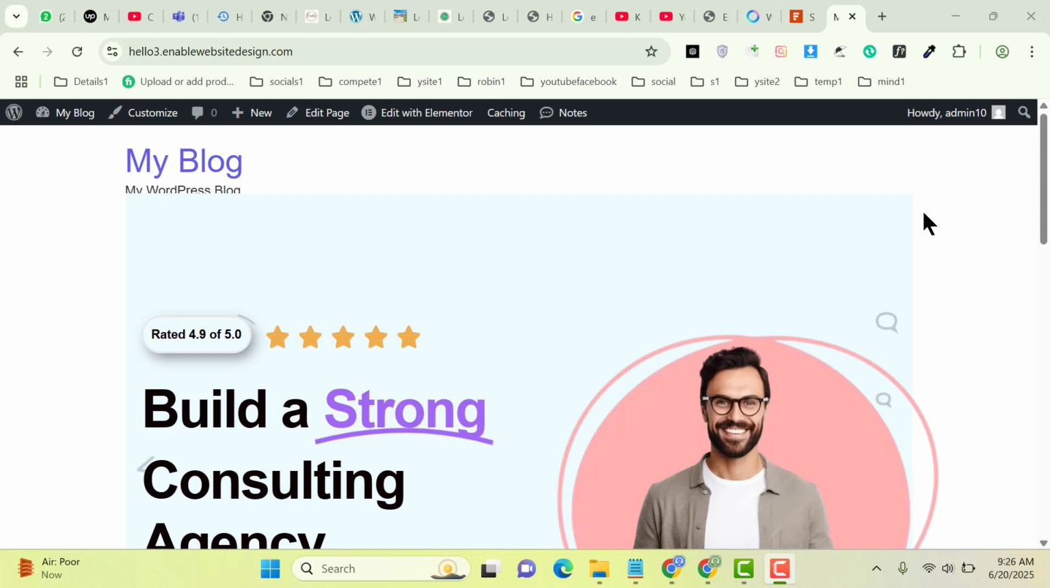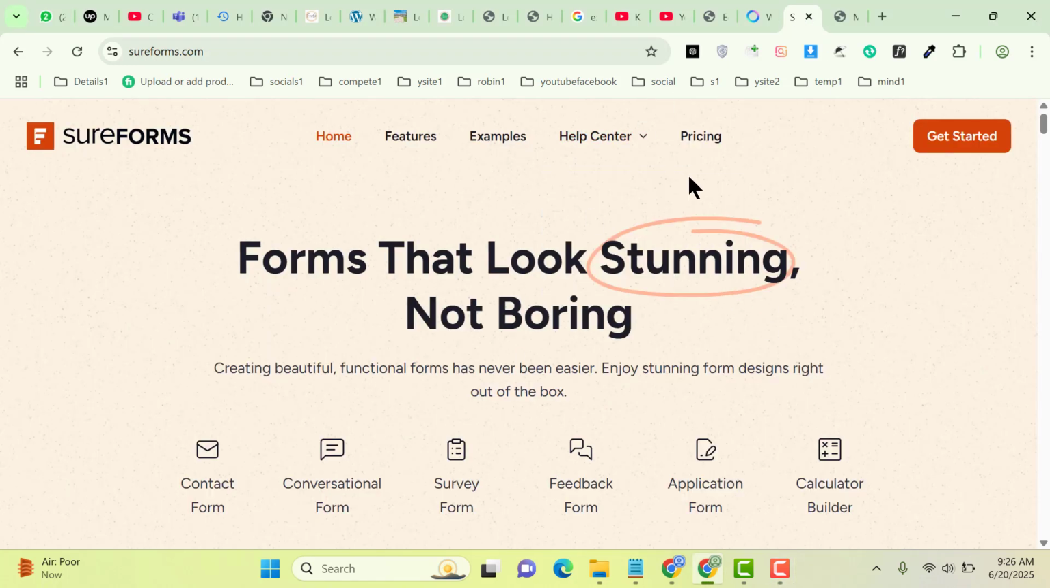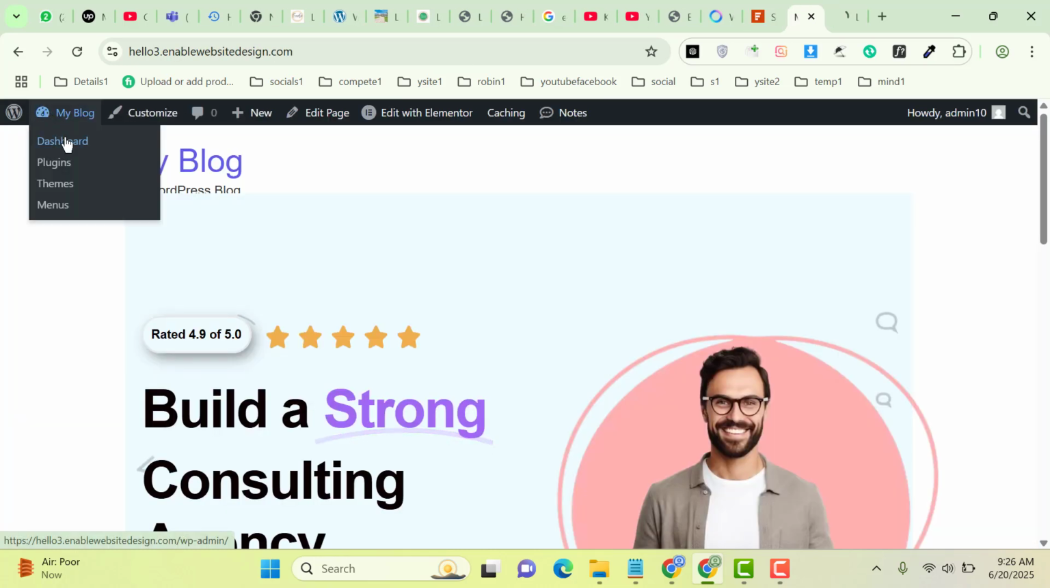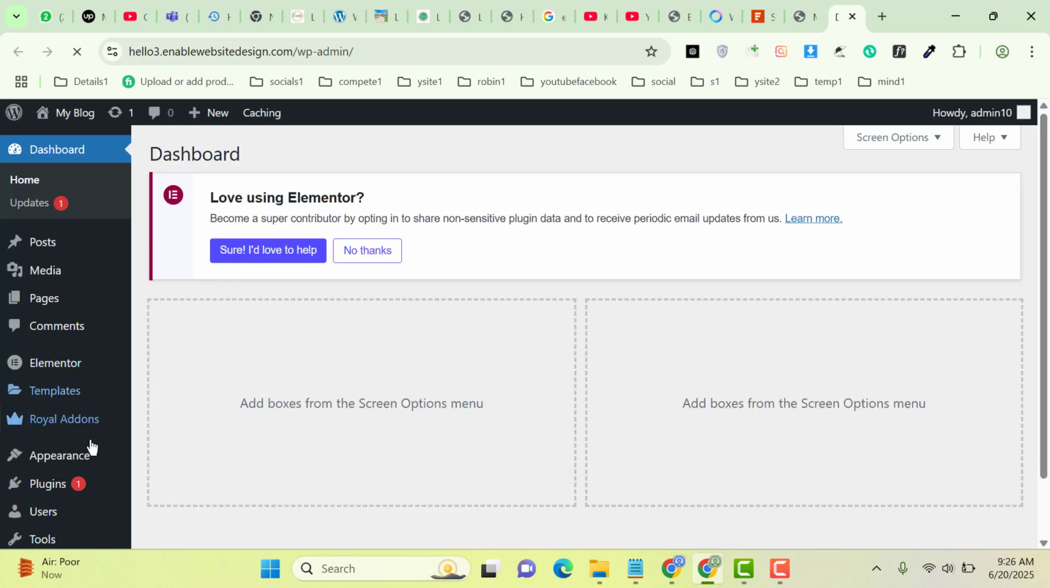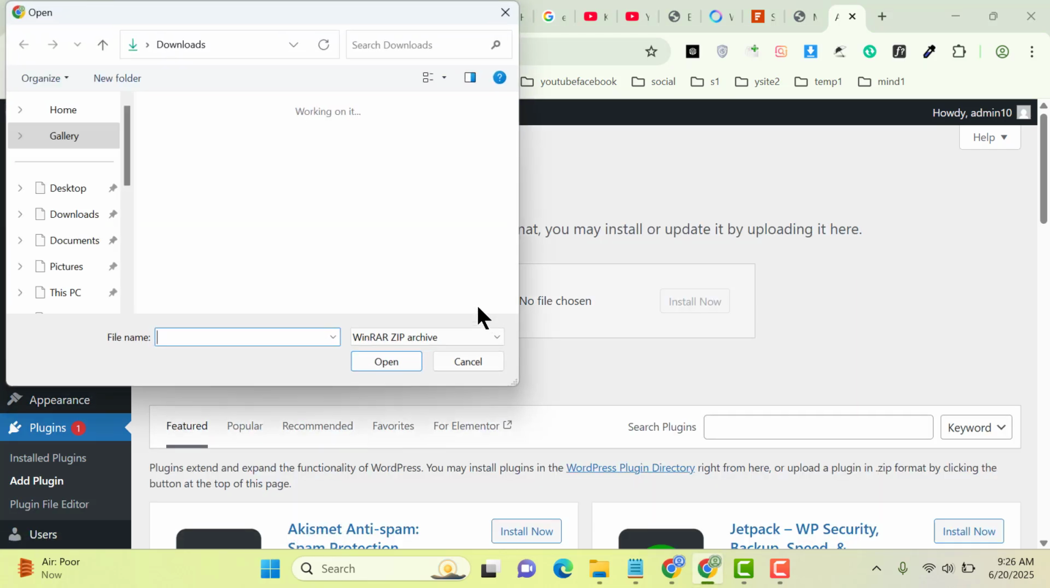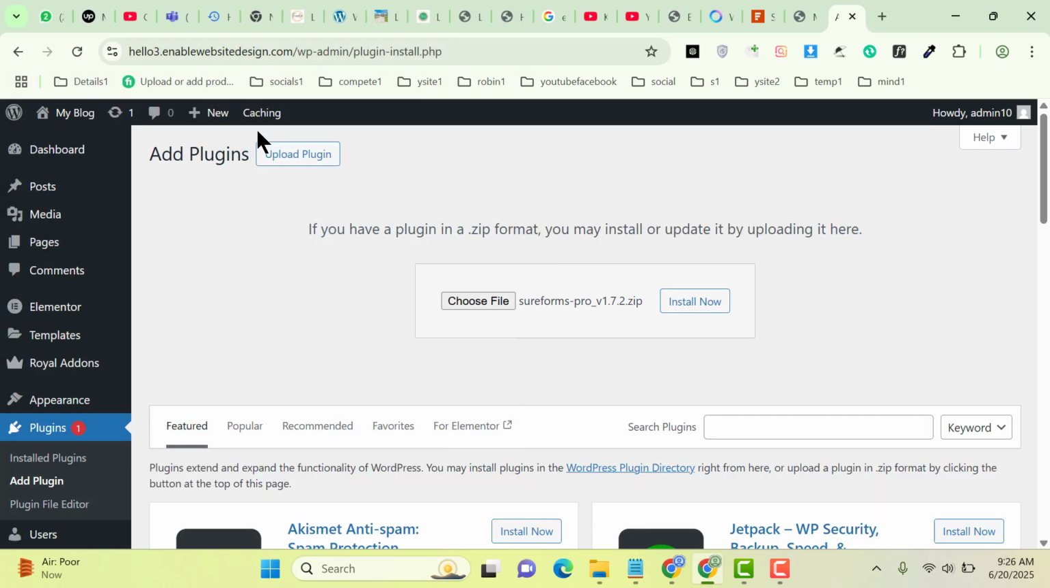In this video we are going to discuss how you can create a contact form using SureForms. So this one is the plugin that we are going to use. Now let's go in dashboard and simply you need to go in plugin sections and install a new plugin. So you can go here and upload the plugin file. This one, then click on install button